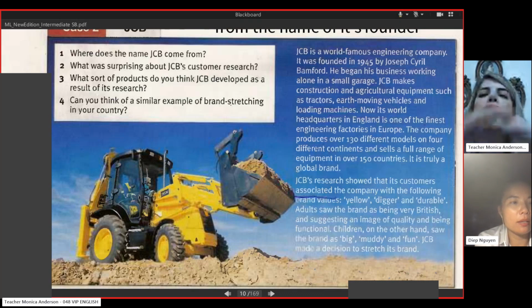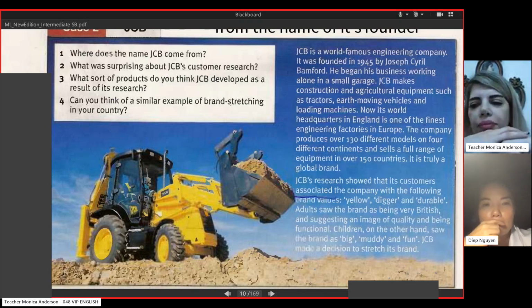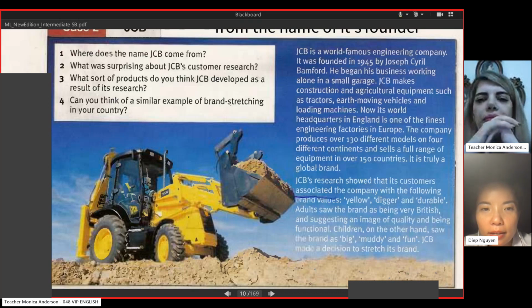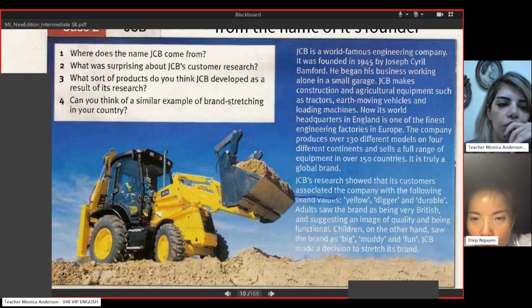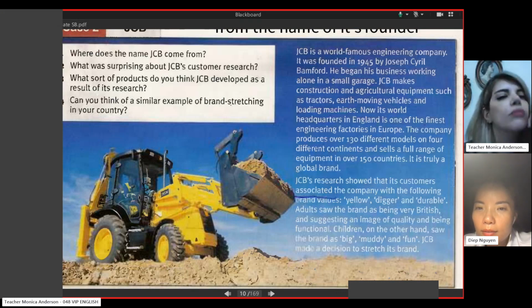What do you think? What's your opinion about it? I think the sort of product they should develop as a result of its research is